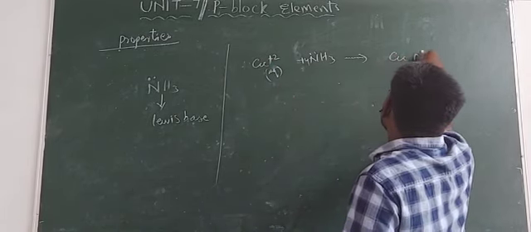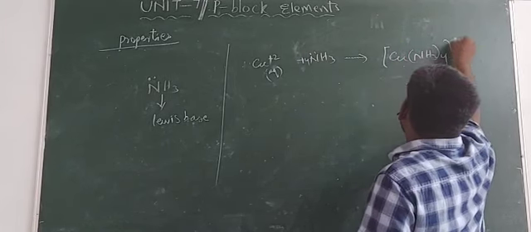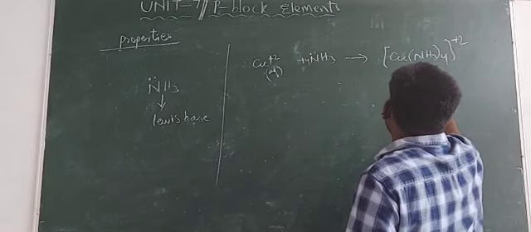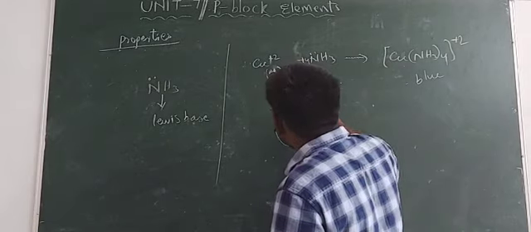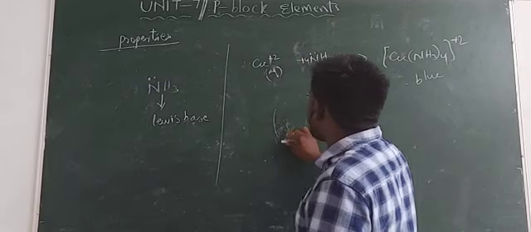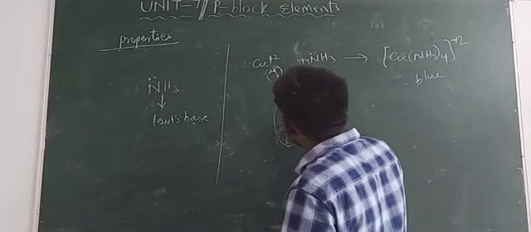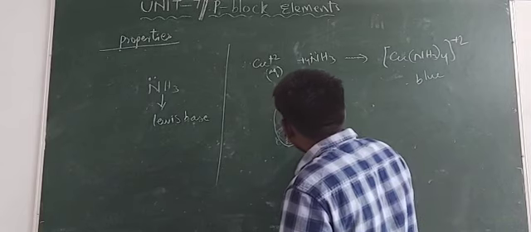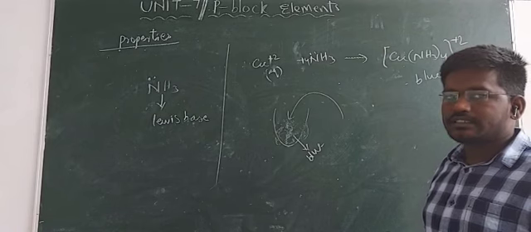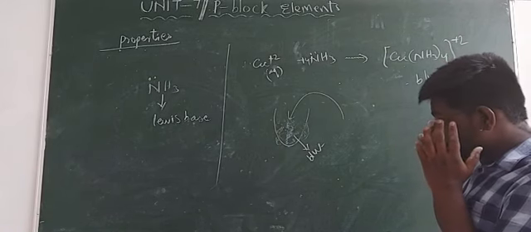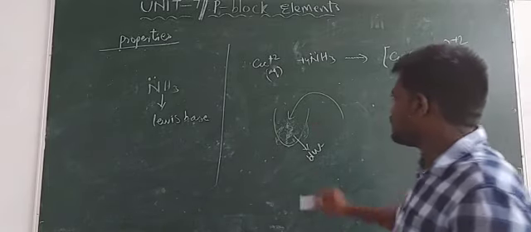That is [Cu(NH3)4]2+, which is deep blue in color. For example, here there is some solution, and we don't know what kind of metal ions are present in it. After adding ammonia, if it turns blue, then you can say that there are copper plus 2 ions. So ammonia is used to detect the presence of ions like this. And one more example.